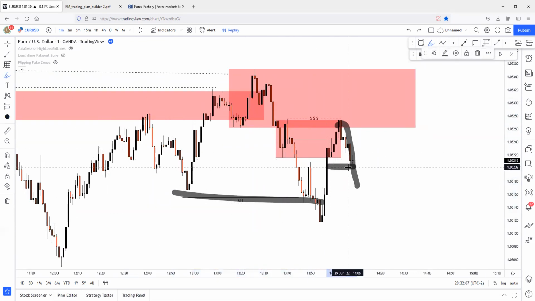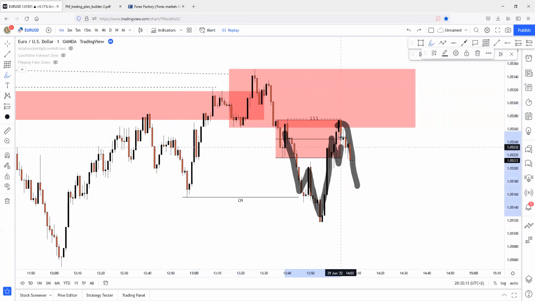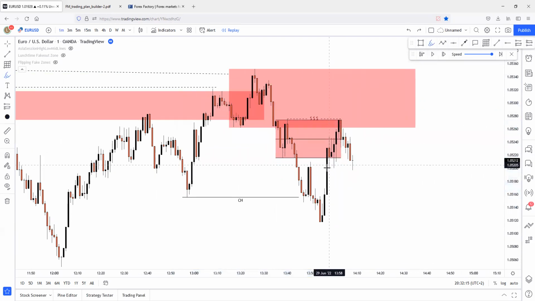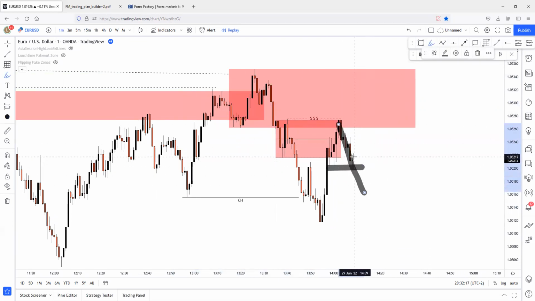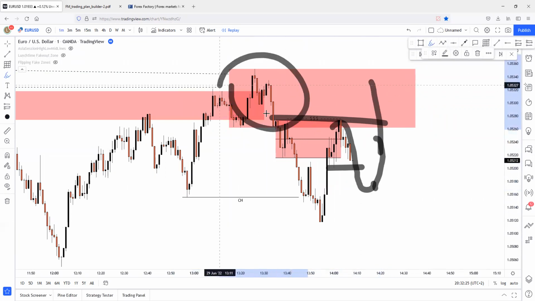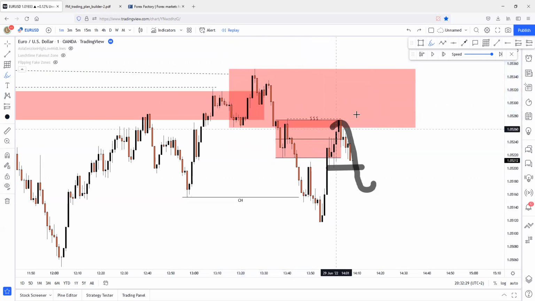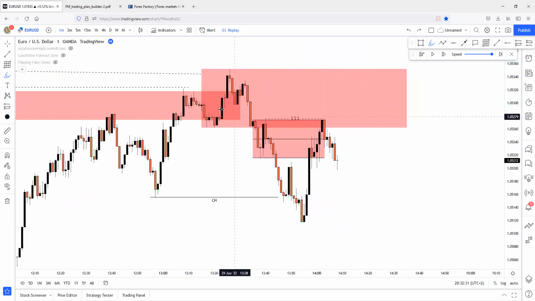But if price breaks below this low point here, this is the less recent structural low point, right? Price is coming down, created a change of character, created an upside structure. So if price creates a change of character here to the downside, more likely this will be a sell trap. And if price breaks below this low point, it will come up to sweep this liquidity to the upside, right? And this liquidity will be swept into this supply region. But inside of the supply region, we need a confirmation once again.